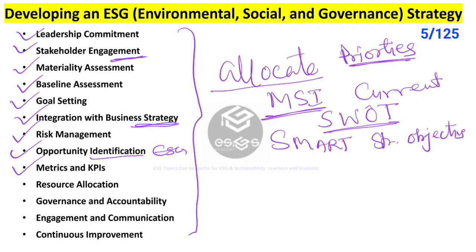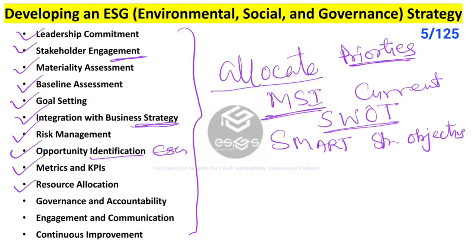The next is metrics and KPIs. We define the KPIs and metrics to track the progress towards ESG goals, to measure the performance and demonstrate the impact. In resource allocation step, we allocate the resources including financial, human, engineering resources, technical resources to support the implementation